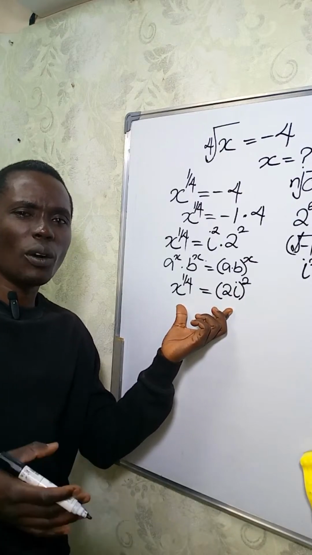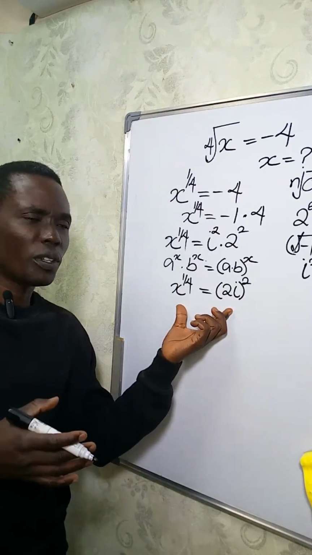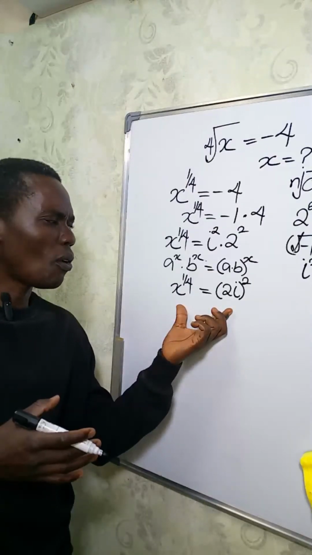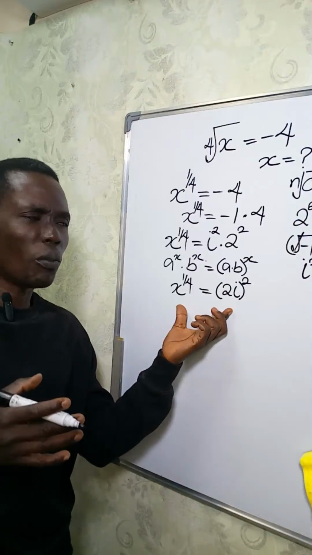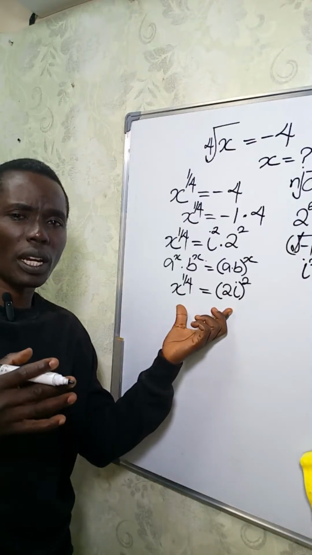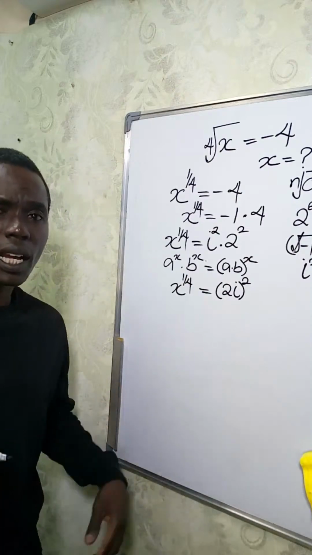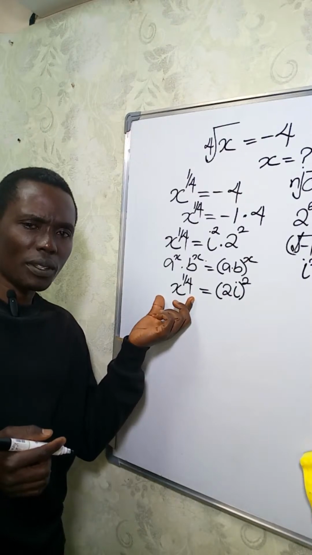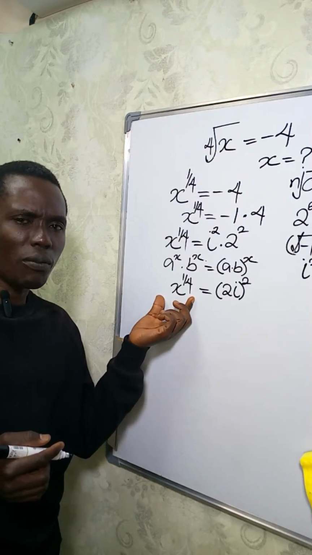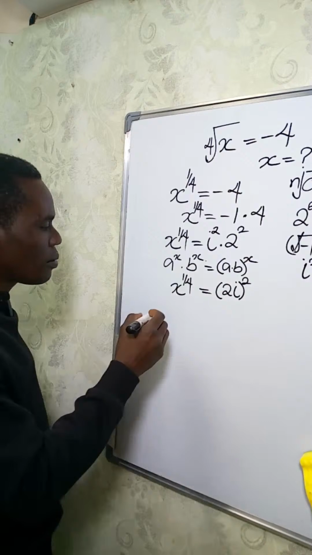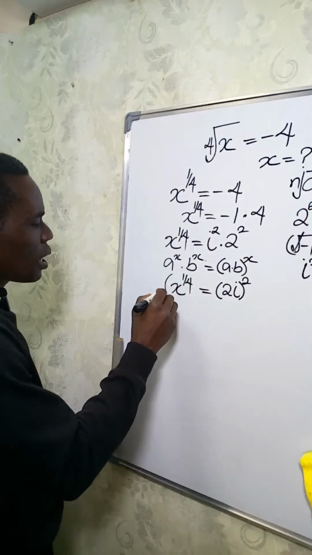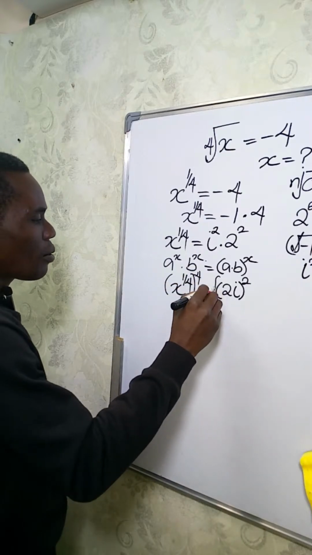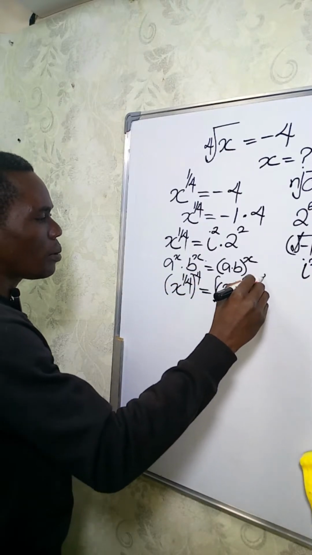Now this is where we are going to consider solving this. Let's look at how we can take the power of 4 on both sides. We can multiply both sides by the power of 4. Now if we do that, our main aim is to clear out this 4 on the left hand side. Now if I clear out that 4 on the left hand side, I have all of this to the power of 4, and I have all of this to the power of 4,